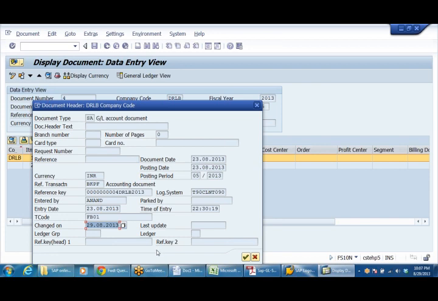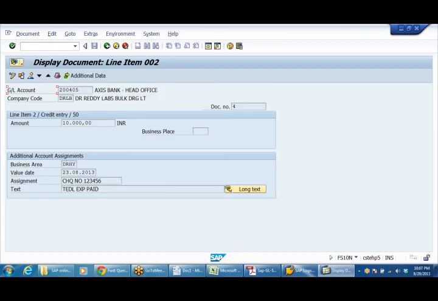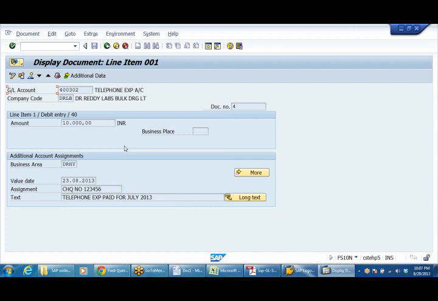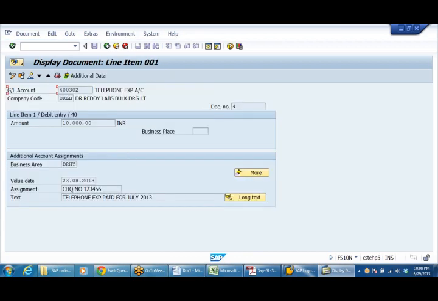That's the only reason I think. And now, of course, changes are made. You see in the bank line item we have not changed, we have changed only one line item, telephone expenses, here we have changed. Only one line item we have changed, that's why it is shown.